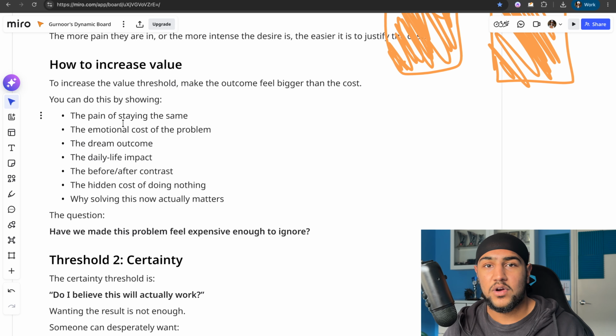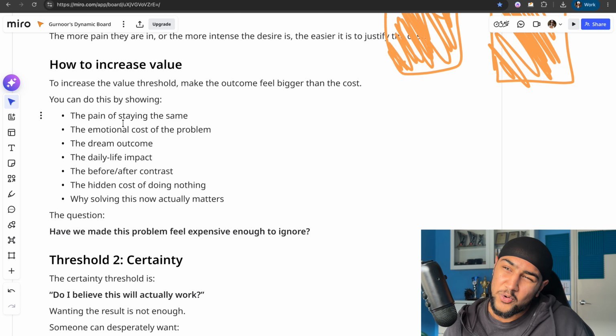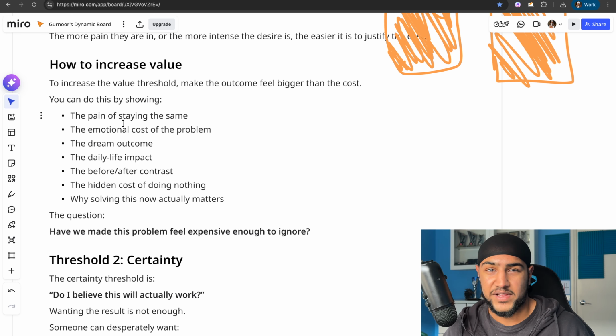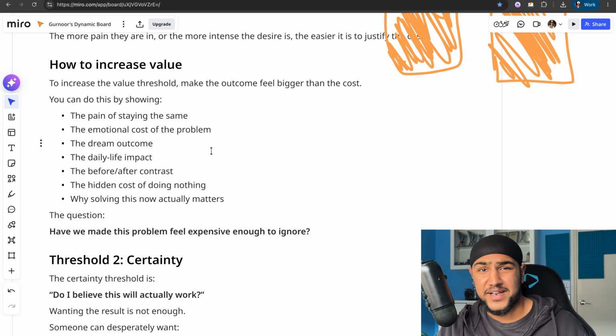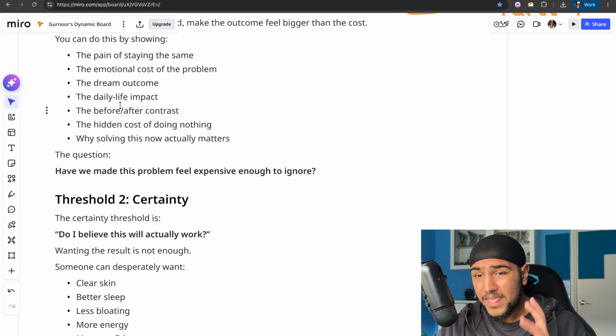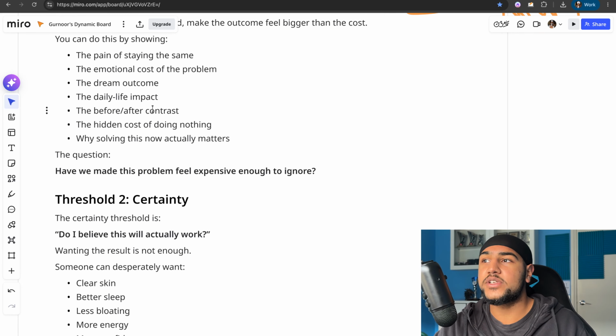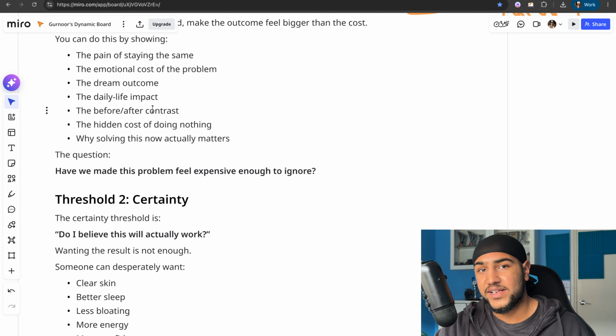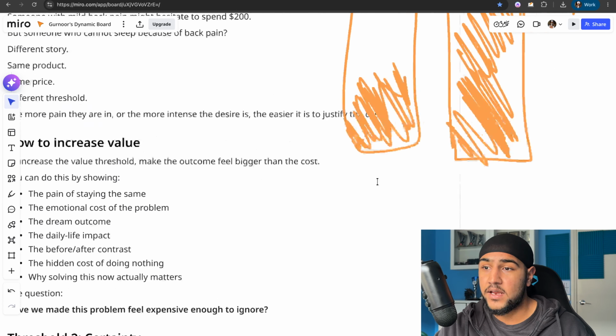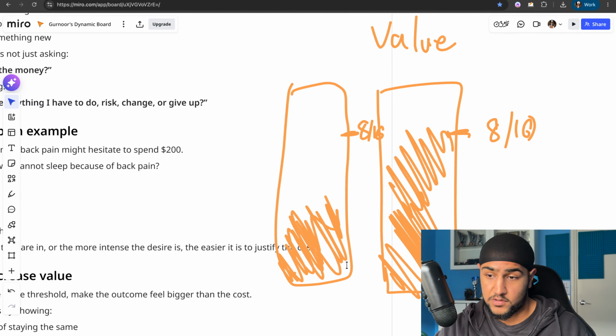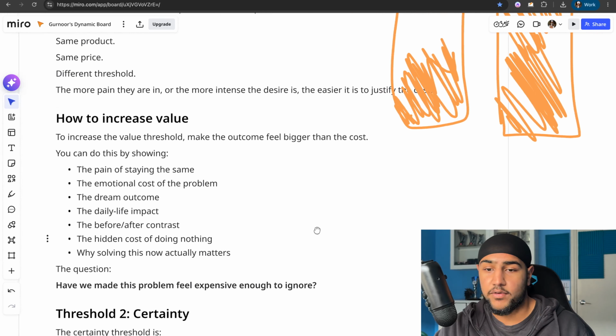If I just kept talking about how good it is, like being at $1 million a month in front of you, that would cause you a little bit of pain. You'll be annoyed that you're not there yet, you know, that you can't relate and all that stuff, if that is actually your goal. If that's not a goal, then it wouldn't really cause that much pain. Or if you have too many limiting beliefs around it as well. The daily life impact as well, like literally just showing them their problem, exploring their problem, actually creates a lot of pain, which allows them to really fill up this sort of threshold and actually hit the threshold there.